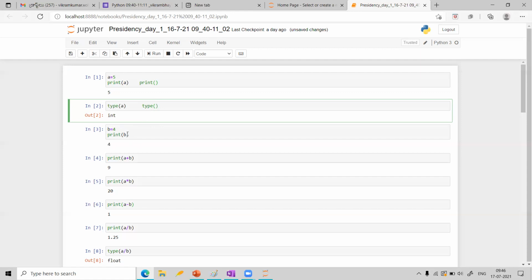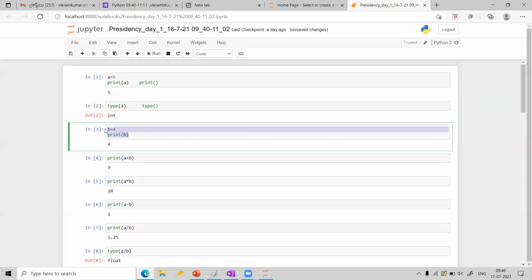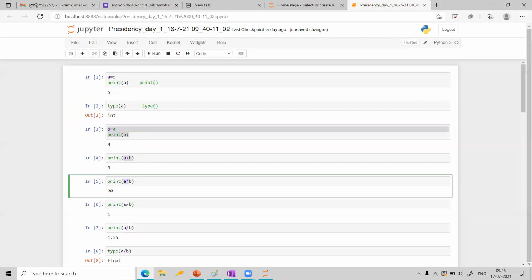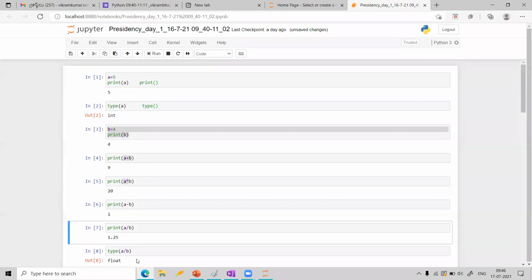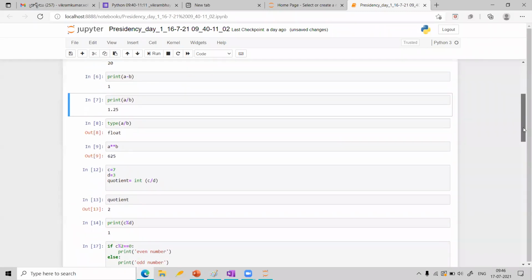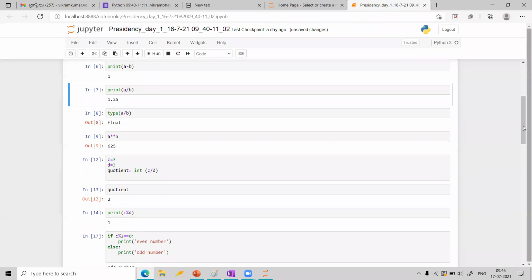Anyhow, now we have also declared b is equal to 4, and then we have seen some arithmetic operators like addition, multiplication, subtraction, division. These are the kind of arithmetic operations we have seen. Then not only that, we have also come across different data types.